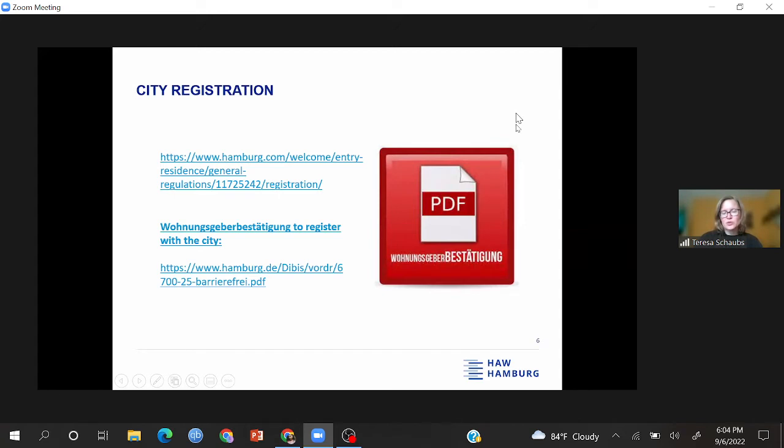You can book the earliest possible appointment if you want, or you can wait depending on your own schedule. Once you have the appointment made within the first 2 weeks after starting your contract, you're good. The appointment doesn't have to be within the 2 weeks, you just have to make it within the 2 weeks. Then you just go there, hand in the documents that are listed on the website, and you're registered. If you have concerns about going to the office by yourself, you just ask your buddy to accompany you. And if you don't have a buddy, you register for the program and we'll try to find you a buddy.